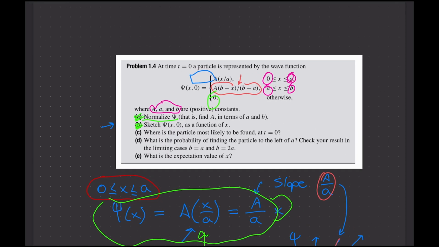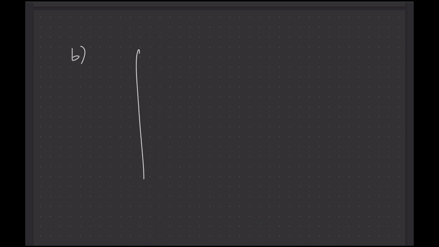We have found a. Let's go in red, actually, here. Let's use some red. Boom, we did a. Boom, we did b. So we can plot this. Where is the particle most likely to be found? When you do this problem, you're going to have the value of A. Let's actually copy this. So if you want to do B,